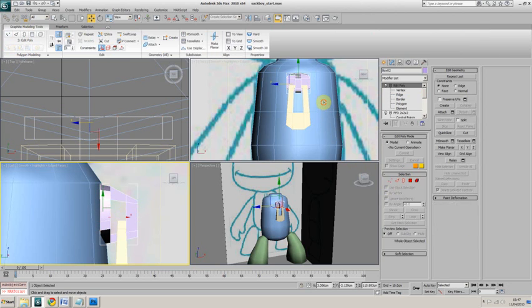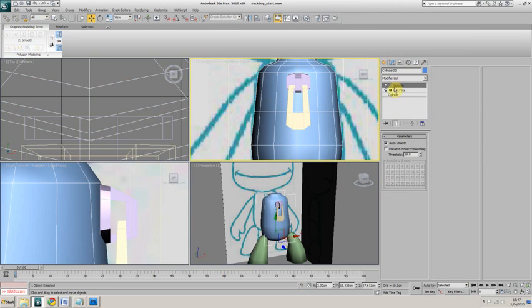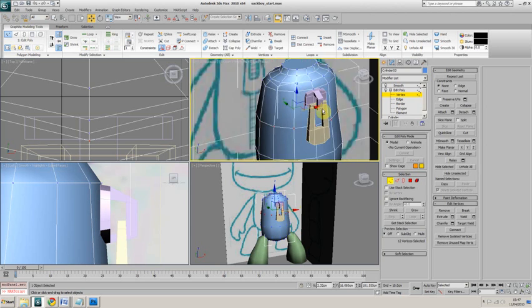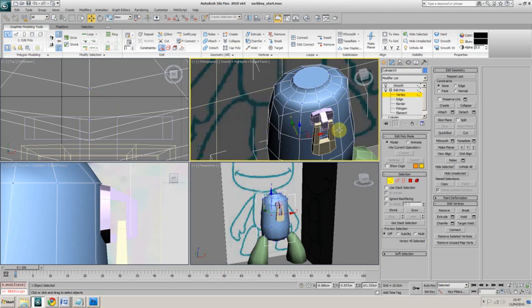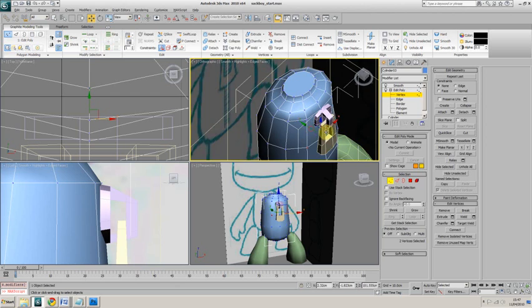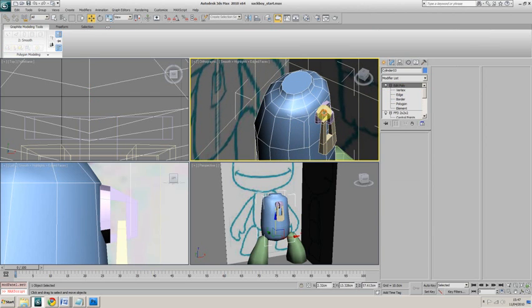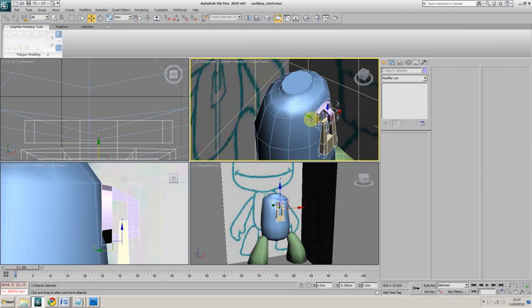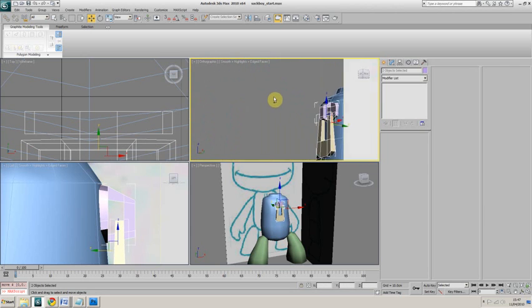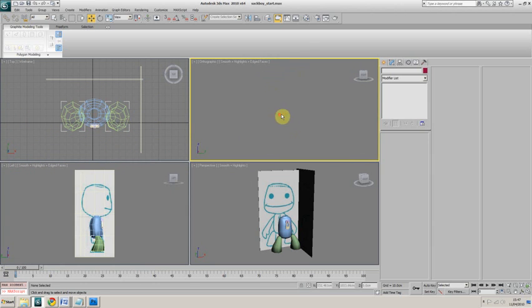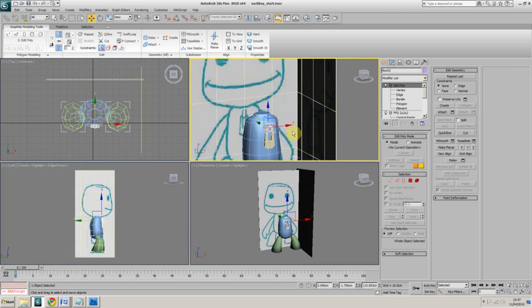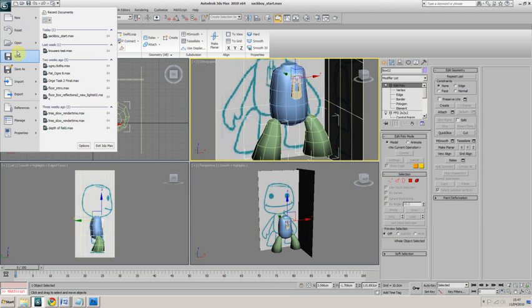So there. We'll go to the body again, go down to edit poly, and we'll just pull these and these two forward a little bit. Like so. So if you do ever lose your model over there, if you just hit Z, that will bring the model back into your viewport. Okay, so we'll save